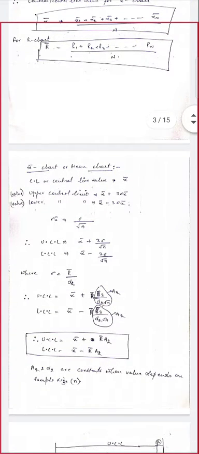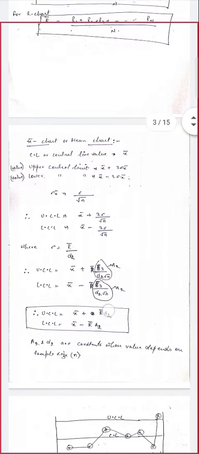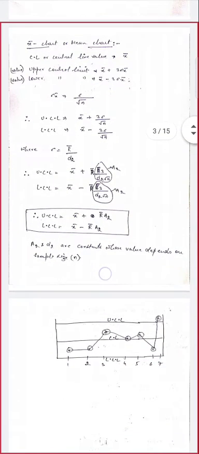After that, first we will discuss the x bar chart or mean chart. Till now we have been able to calculate only the center line value for the x bar chart, and also for the R chart. Now we will discuss the x bar chart. The center line value we already calculated for the x bar chart, that is x double bar, and it is equal to the mean value of each sample number divided by the total number of samples.